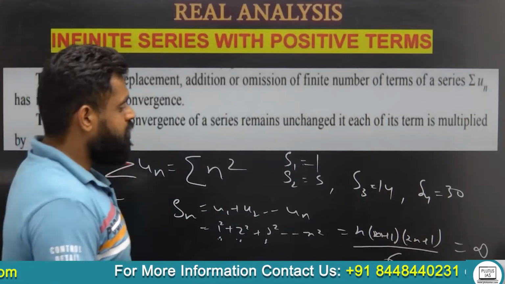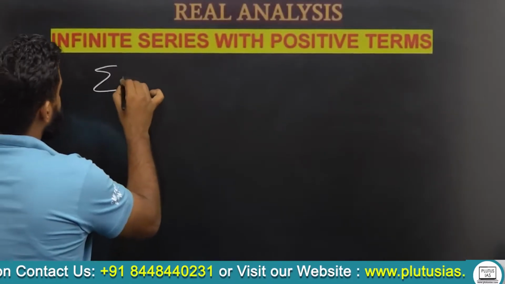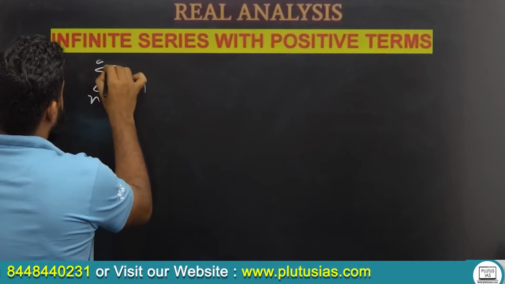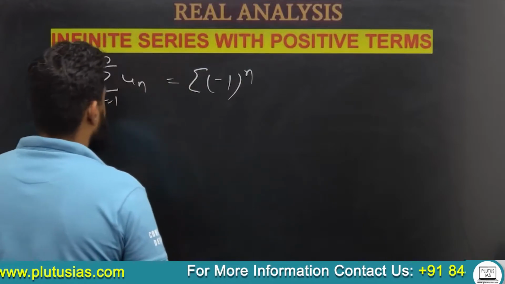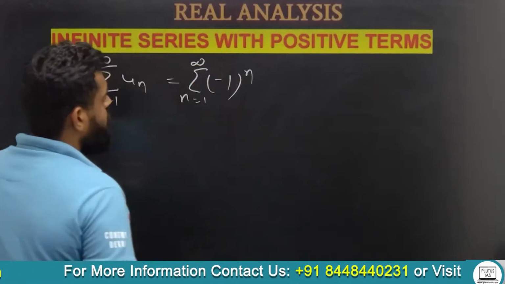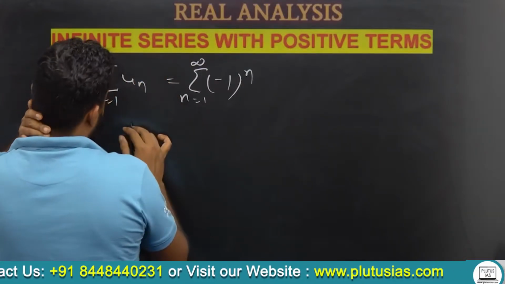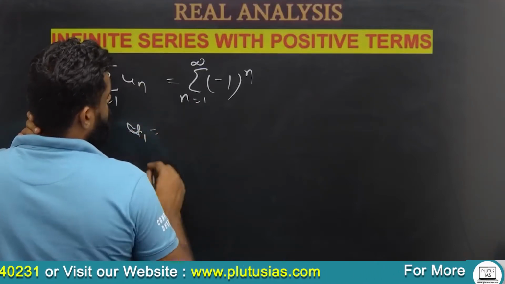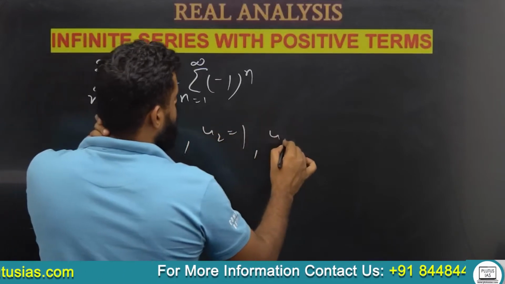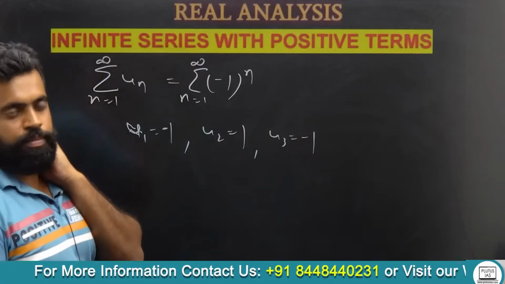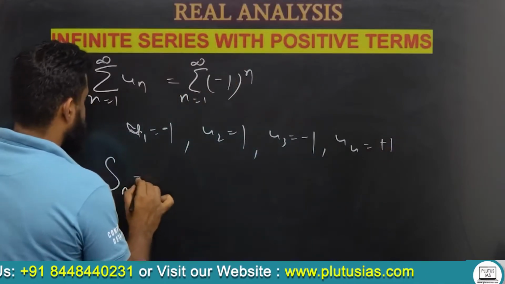This series is divergent. What if I take another case? That is, suppose I take a series un from n equal to 1 to infinity, such that un is minus 1 to the power n. So what will be u1? u1 will be minus 1, u2 will be plus 1, u3 will be minus 1, and u4 will be plus 1, going like this. So if we find the value of Sn, that is u1 plus u2 and so on,